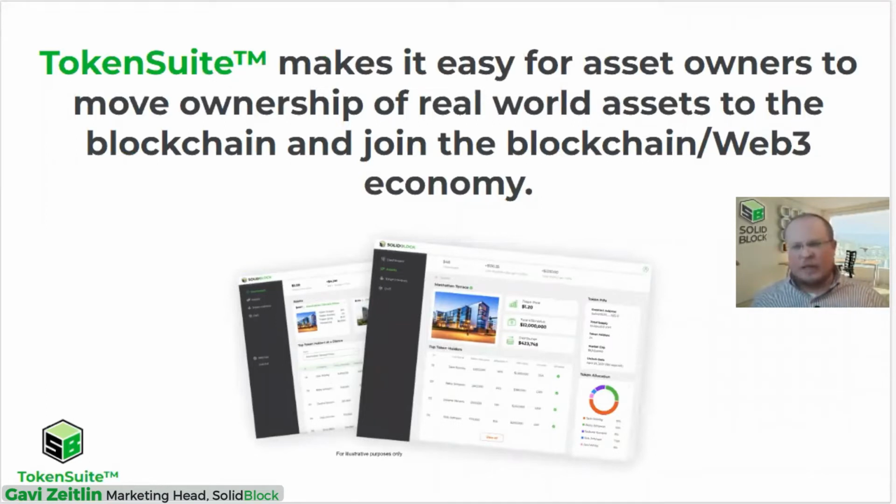Now, there's a lot of tokenization companies out there. The way I like to describe TokenSuite is that with other players out there, you have to really understand blockchain to get use of it. A lot of people in the traditional real estate space understand the benefits of real estate tokenization, but the idea of blockchain scares them, right? So we built on top of this entire thing. I was on a call with someone earlier today, and the way he explained it is, I don't need to know how my iPhone works in order for it to work. I just know it does, right? So the same thing with TokenSuite.